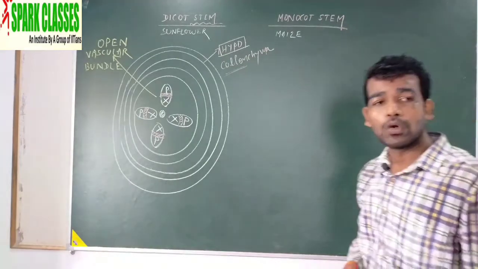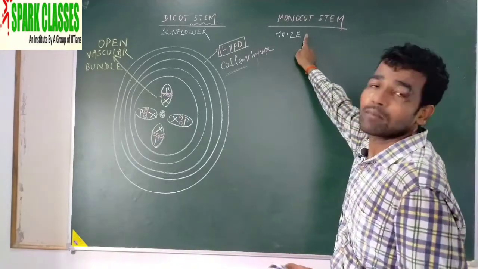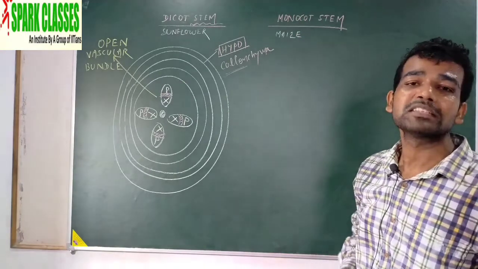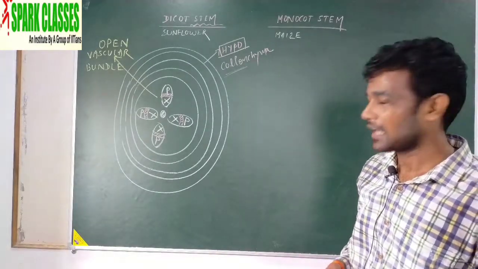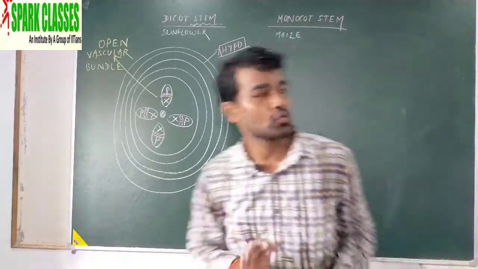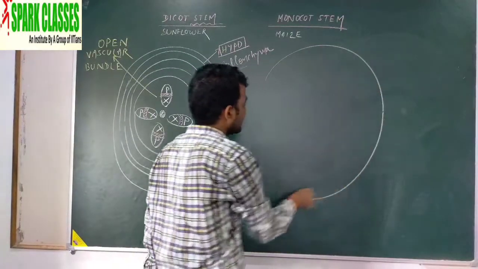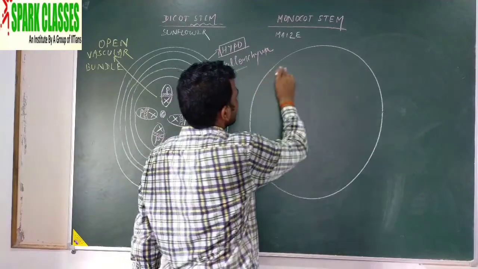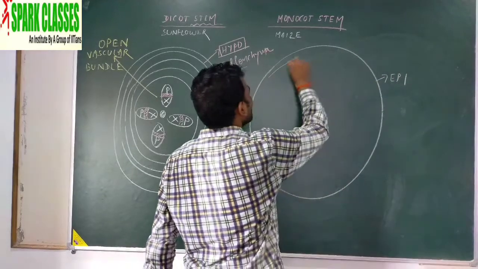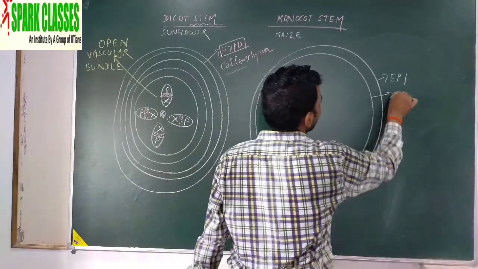But already I had told you in the first class, in case of monocot plants, whether stem or root, the collenchyma is absent. There is a presence of sclerenchyma. So that's why if you look at the monocot stem, now clearly understand it, because questions come from the monocot stem. If you look at the monocot stem, there is a difference. This is the epidermis. Then just below the epidermis, what do you find? Hypodermis. Hypodermis is present here.